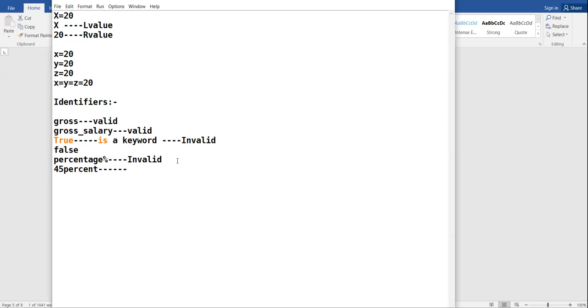Yes. Is this valid? Kavya, unmute yourself. Kavya, invalid. Why invalid? You are right, it is invalid, but tell me the reason also. Sir, it cannot start with a number. Identifier cannot start with a number. Okay, so it is invalid.